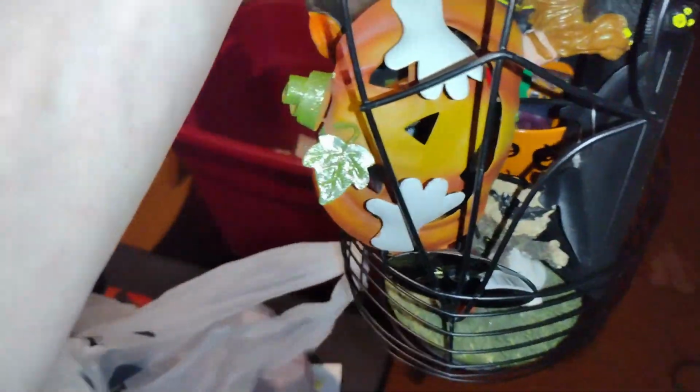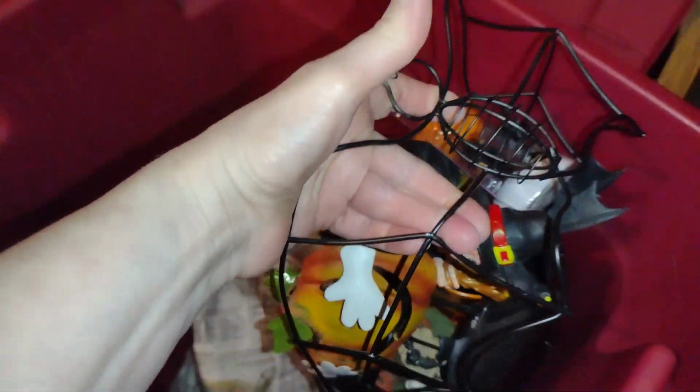And I can always declutter those later if I decide I don't need to use them or want to use them after all. So that's fine. We'll go ahead with that. And then this thing,